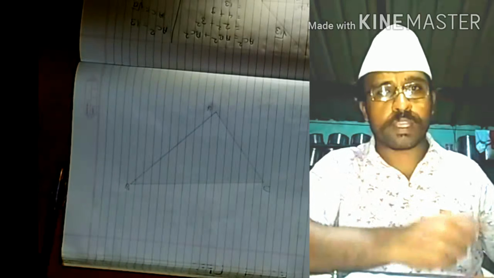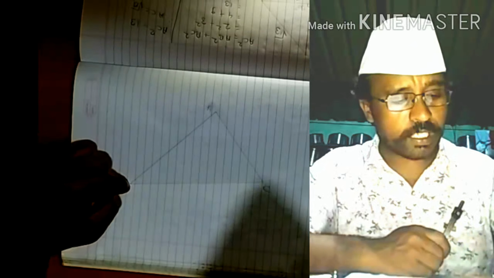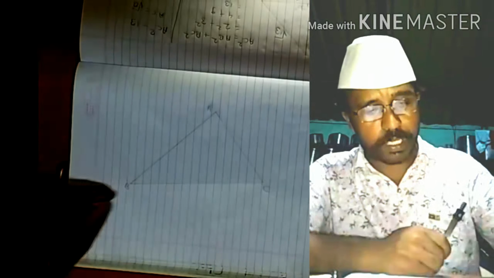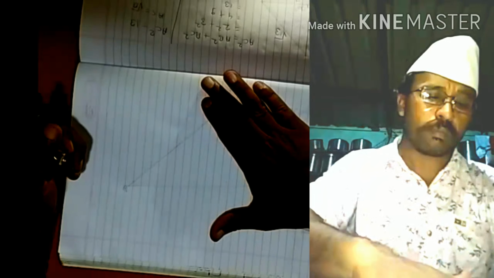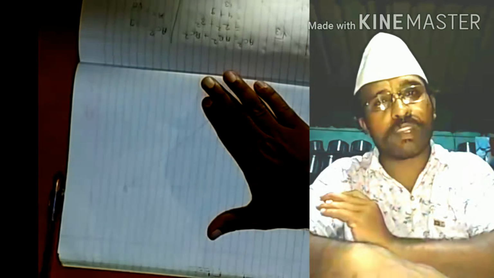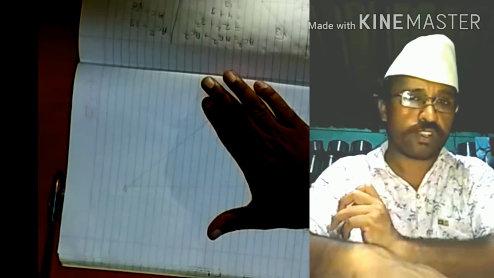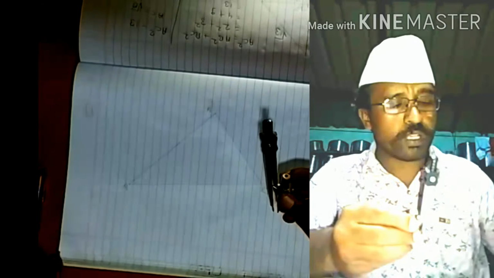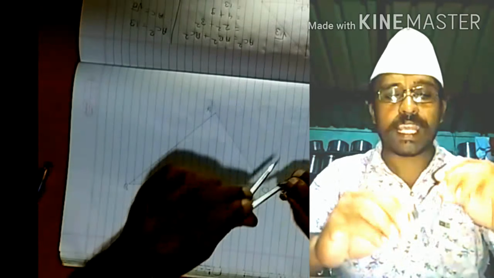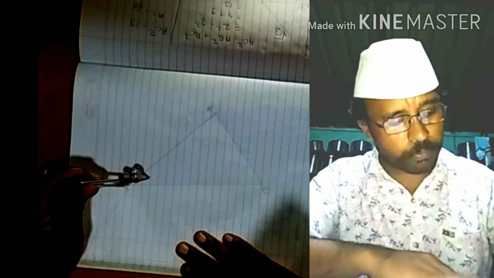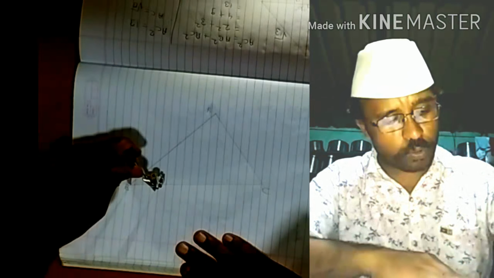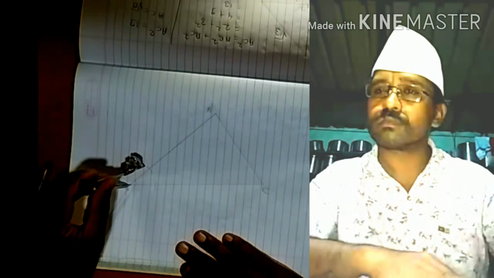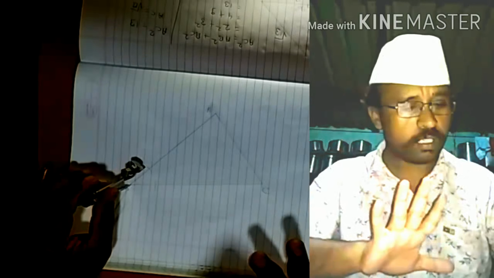So we learned how to bisect one angle. Suppose we have to bisect angle B, meaning this angle ABC. Let's not think about these two angles. Now can you bisect this angle by the technique we learned in our last video? Naturally yes. So let's try to bisect it. For that, just take any approximate distance in the compass, put the tip of the compass on point B, and draw two arcs intersecting the two arms. Got it, students?